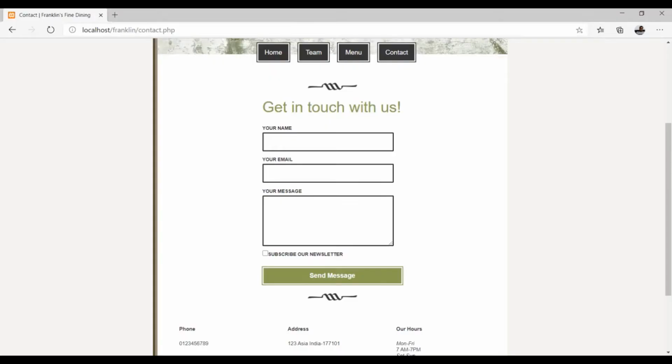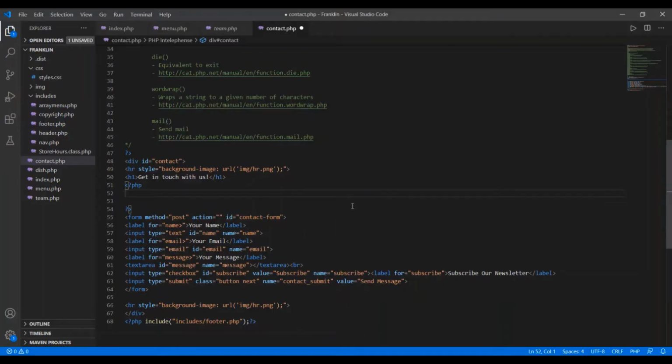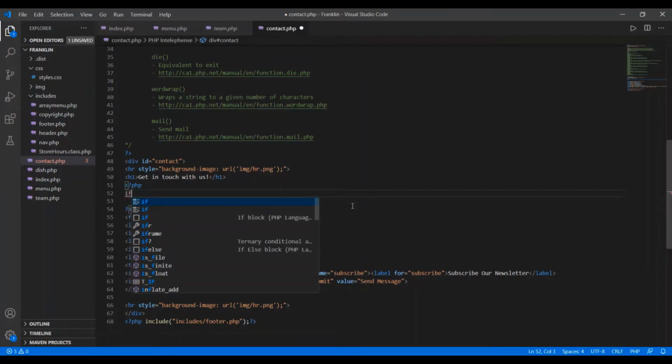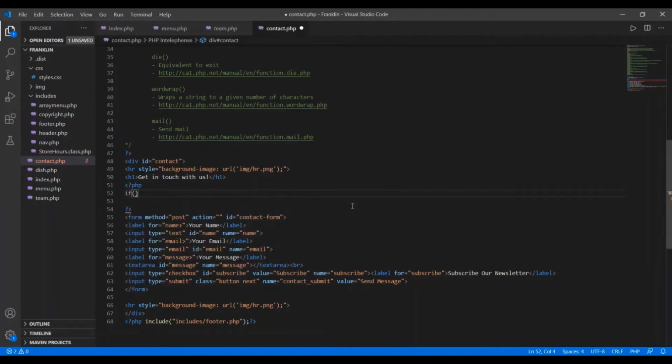So what is here in this? First of all, after entering the data, or he has not entered, in order to submit the data he has to click on this button. So what we have to do first of all is check whether this button is clicked or not. For this I'm writing code: I'm using if, and within this I'm using the isset function.